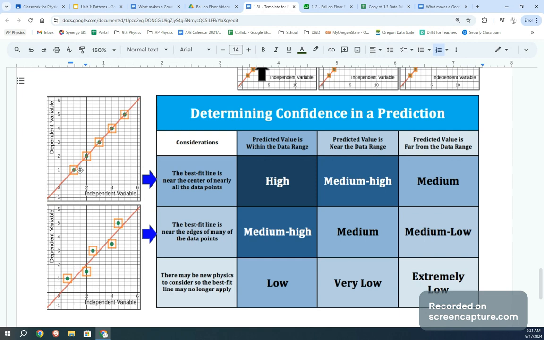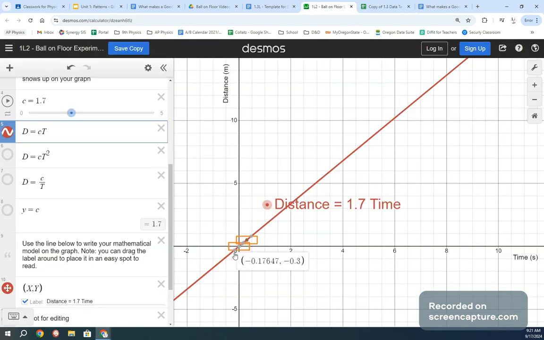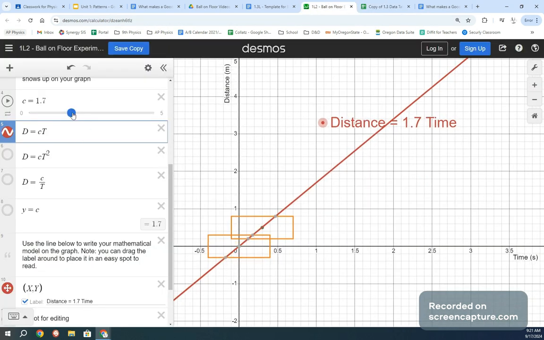For this first one, this is where all the points line up perfectly, or near perfectly. It's never going to be perfect, but it should be darn close. And that tells us that we're in this top one. That means that our data is pretty good. So maybe we've got a line,